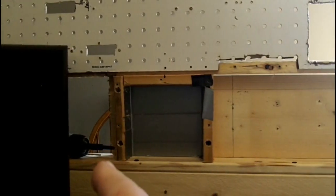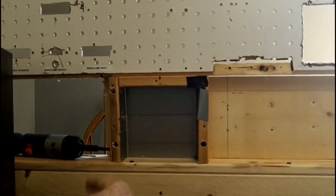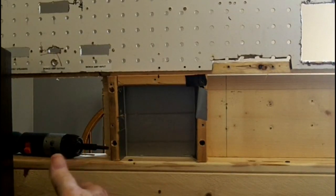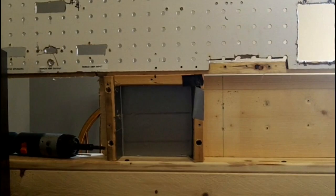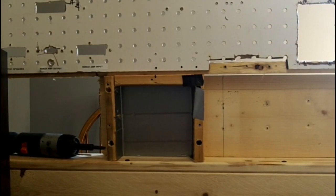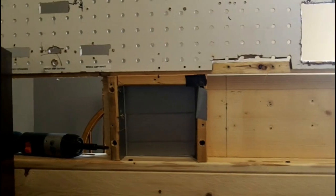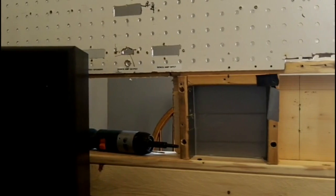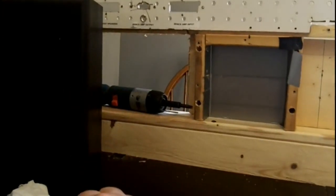Now, I've thought about, again, here I go with 3D printing, but I have thought about making a base for it to come down here to actually put my connections even for the other things in there, and I'm thinking about that seriously. It wouldn't take much to make a base for it, and I think it might be a better deal. I don't know. Let me know what you guys think. It's a ways in the future, but